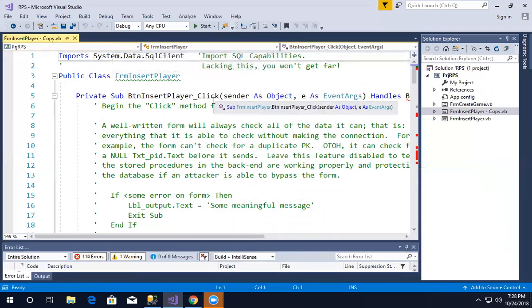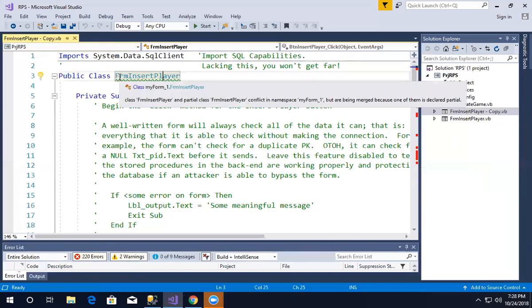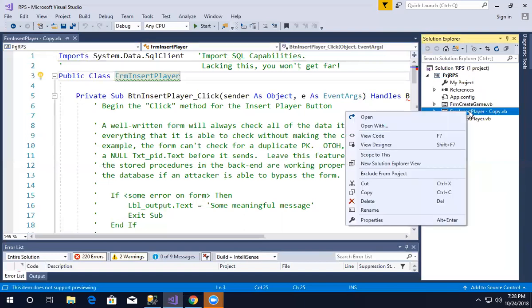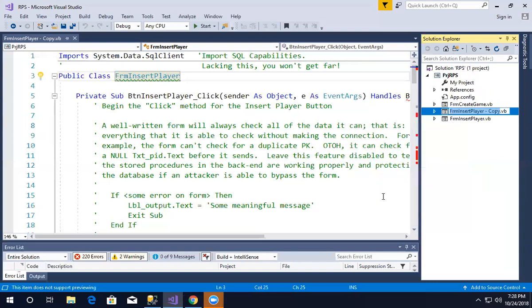Form insert player. Now, so here's my class form insert player. Conflict and namespace, my form 1. Ah, yes, okay. So this is the one I want to rename to...